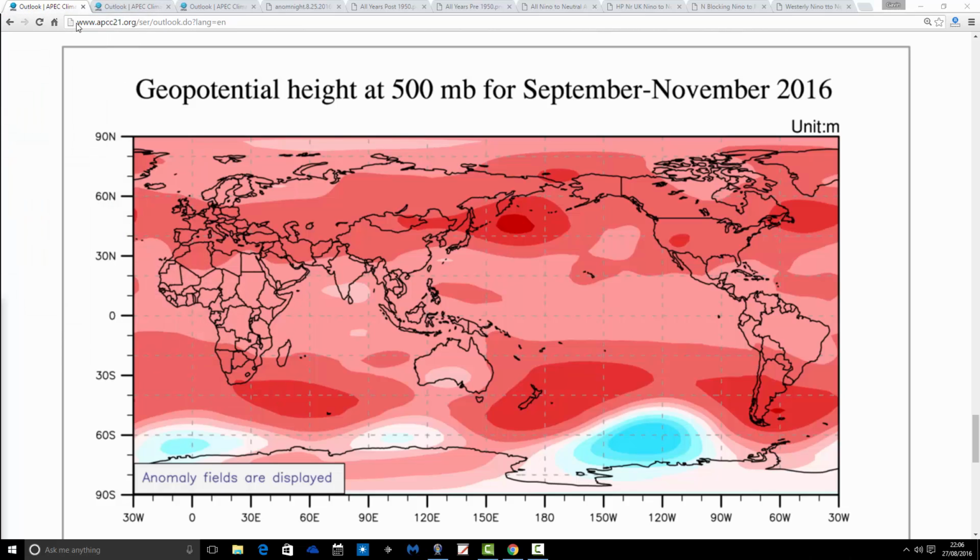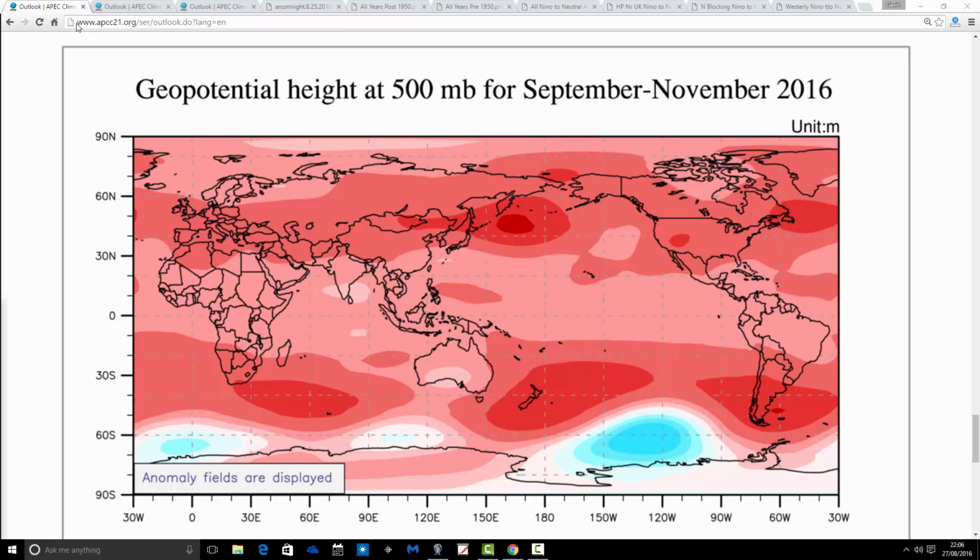Now, this is a collaboration of various weather agencies. I think they're mostly Southern Hemisphere based. So we've got the Australian Bureau of Meteorology in with this. We've also got the Korean model as well, I think Korean Met Agency. Probably the JMA is involved in this too. So it's a collaboration of various Met agencies.